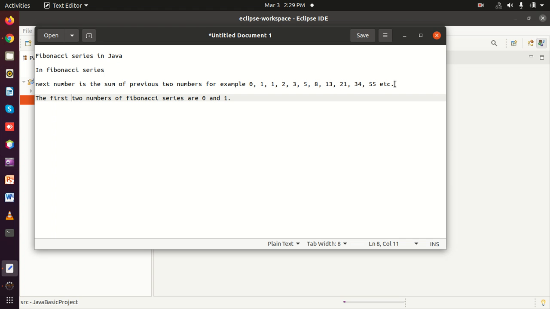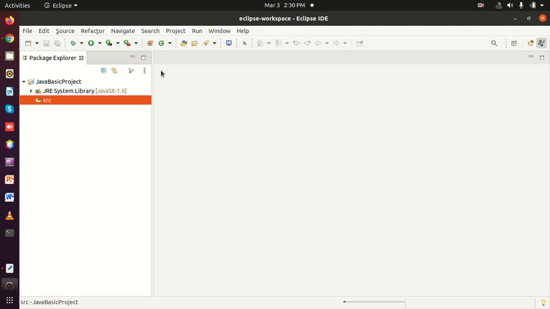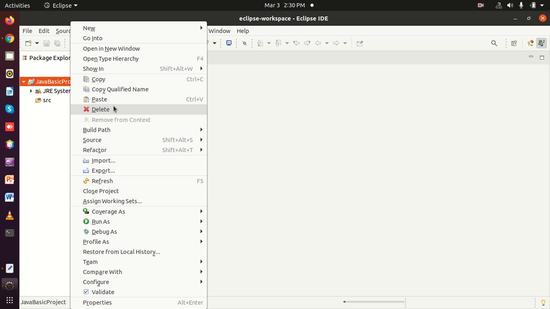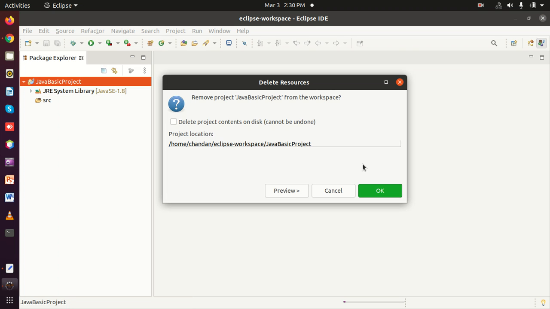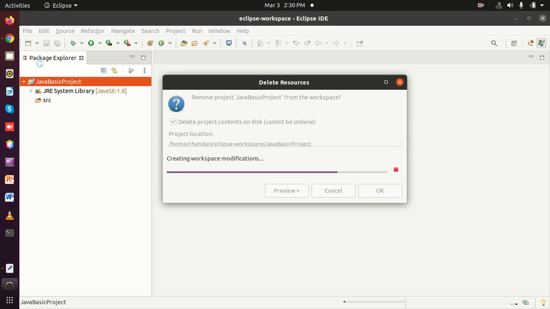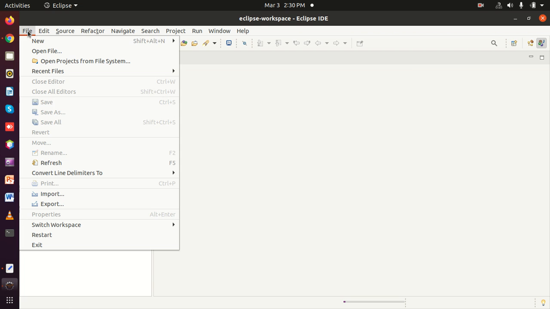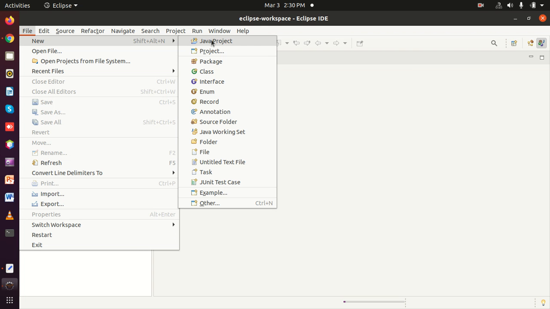Now I am going to write a Java program on Eclipse to generate the Fibonacci series. Let's get started. Click on File, New, Java Project.